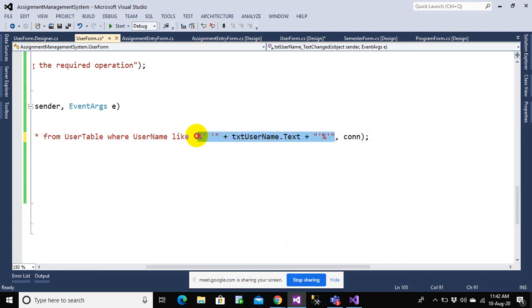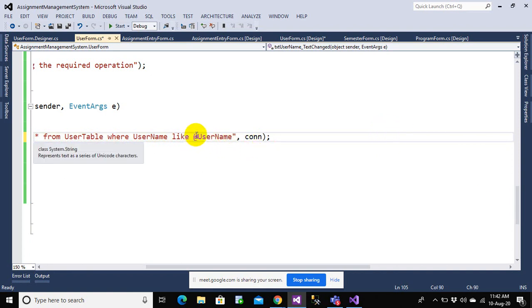But let me just show you a very interesting thing here, at the username. So here you have percentage, plus.